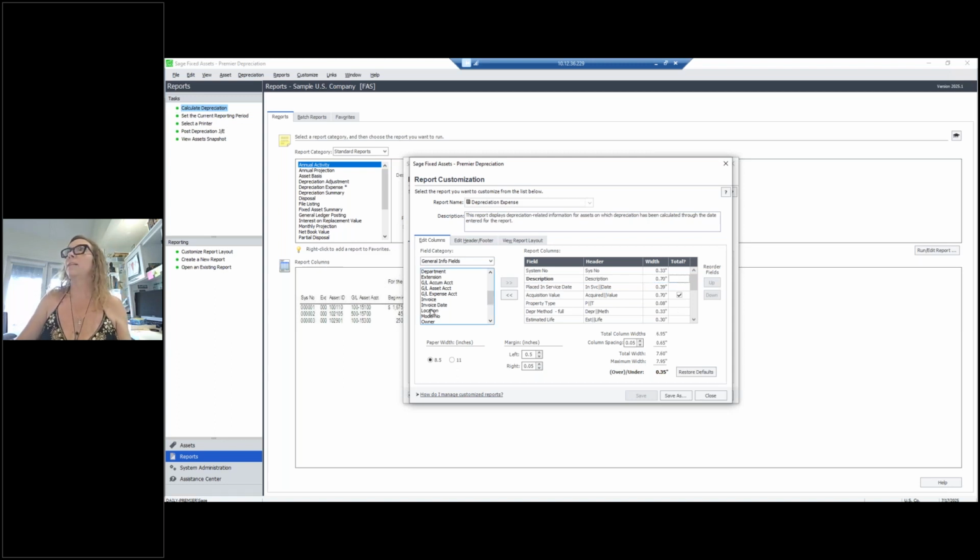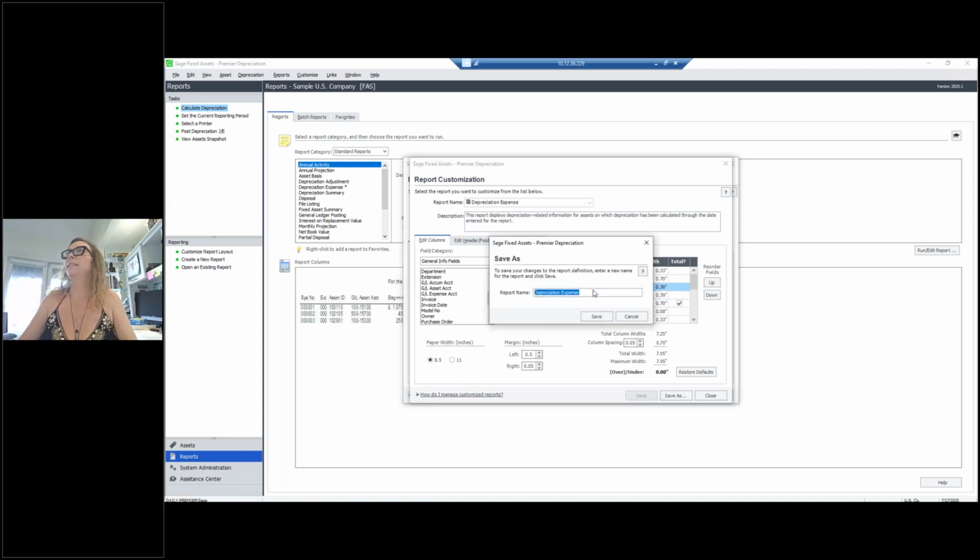Okay, and then maybe I want to put location because I am using multi-locations, and that's important for me to track. How much did I have left? Oh, it's 250. Oh, I have to make this, actually, it would be a little smaller. Okay, and then maybe I want to move that up right next to it. Okay, so I can save this